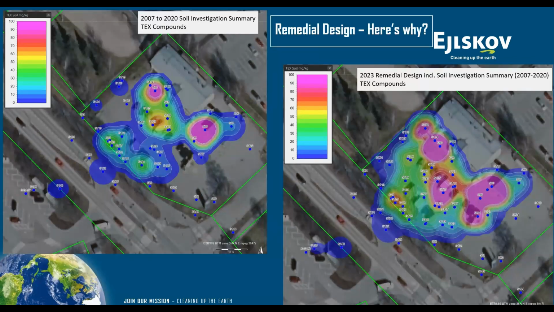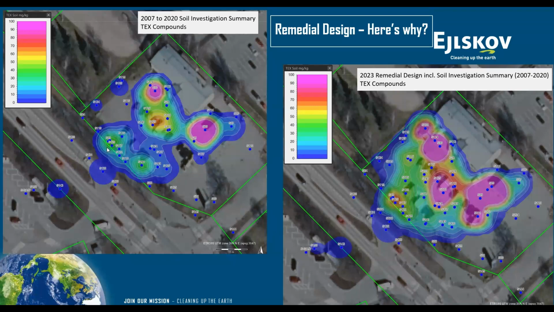When it comes to active sites like a gas station, this is an example from an active site where a full rebuild was performed in 2007, so USTs were dug up, the site was reopened, but unfortunately there were still high levels of BTEX and TPH leaving the site in groundwater, and also pockets of LNAPL seen on site. Despite 15 years and multiple events of